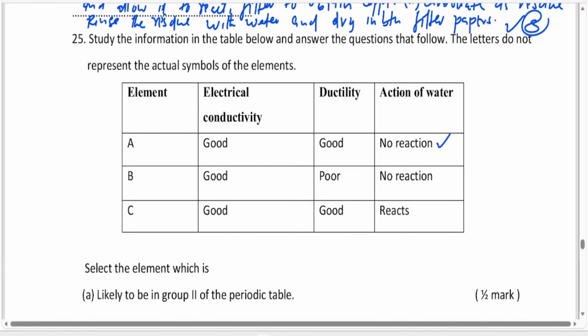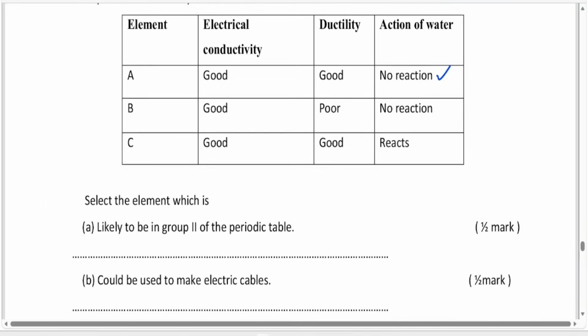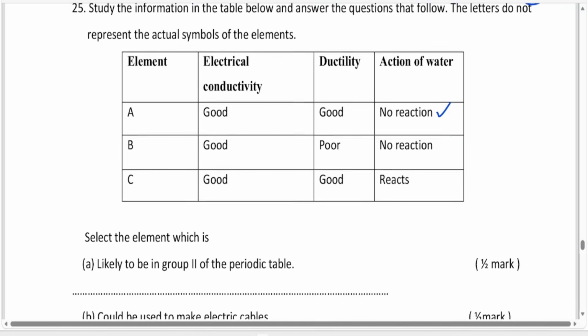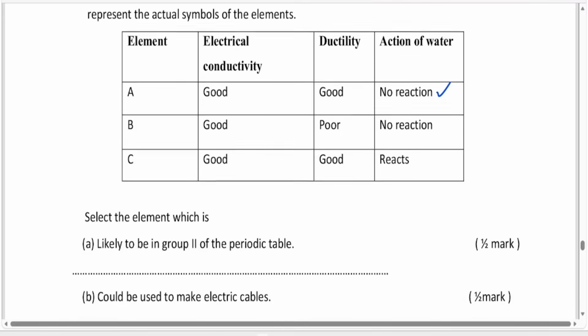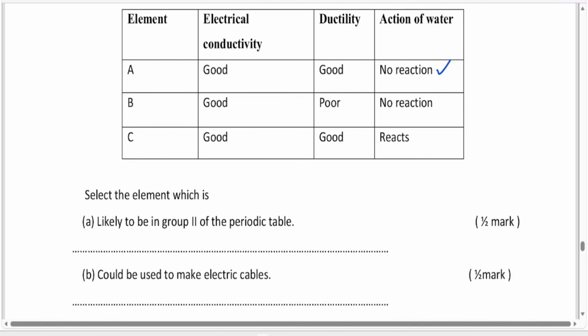Group 2 are metals, good conductors of electricity, and they do react with water. Therefore, the most likely element is C,